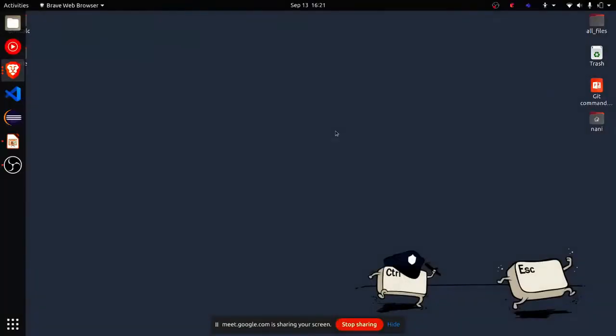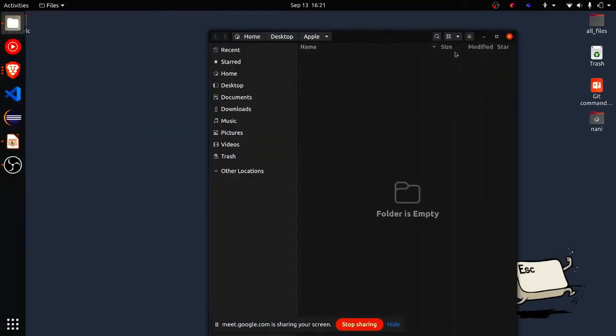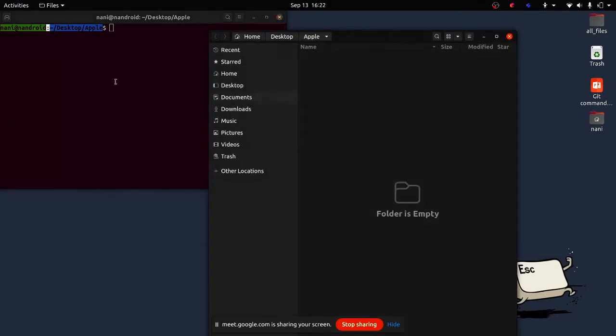Let me create a new folder called Apple, something Apple. This is the folder I have created right now. Let me enable hidden files as well. Can any of you see any files over there? Nice. Now I'm opening a terminal with the path of that particular folder.